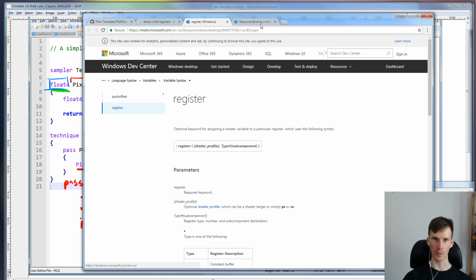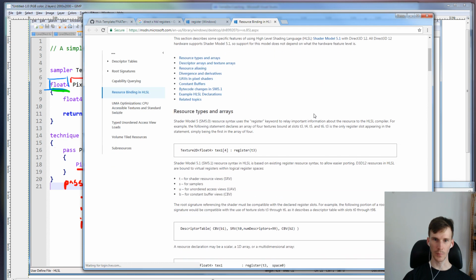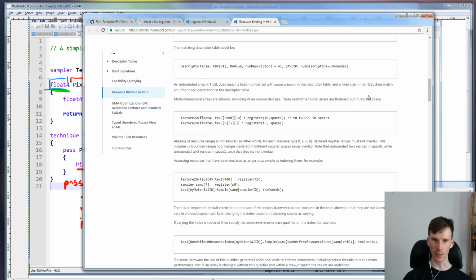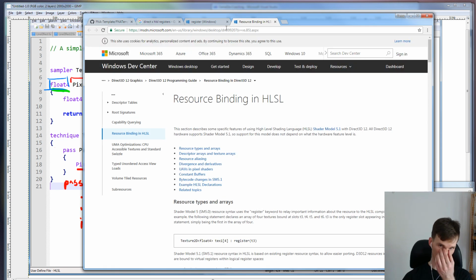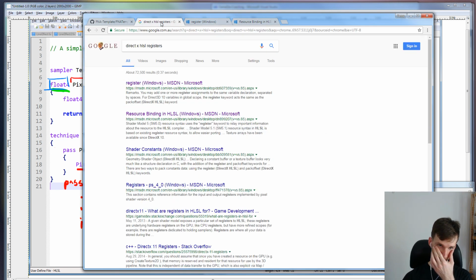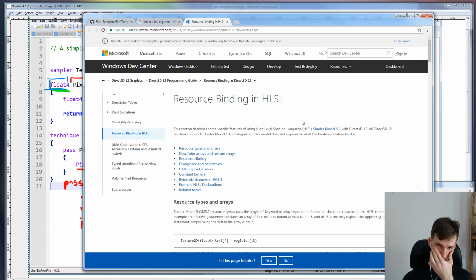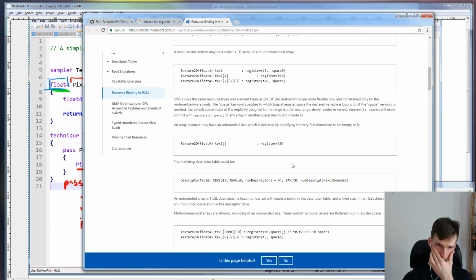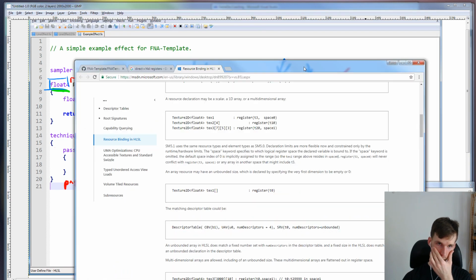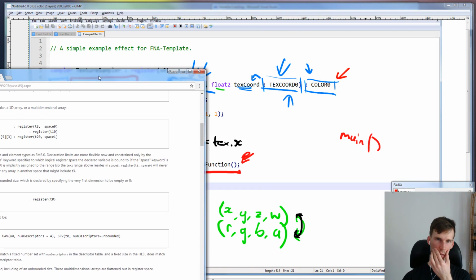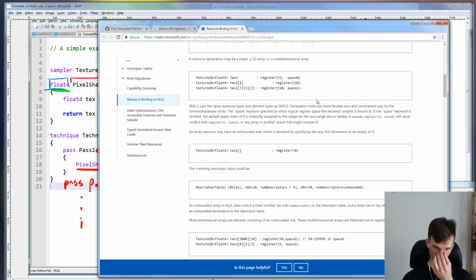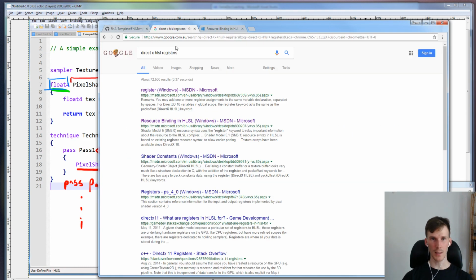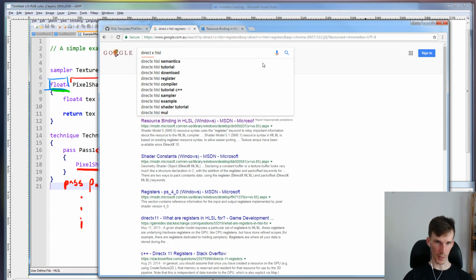Where's the old documentation? Actually, no, sorry, that's something else. Register something else. Oh yeah, no, sorry, registers for the sampler. What am I thinking of? I've lost the name. There's this other thing that I want to bring up. HLSL